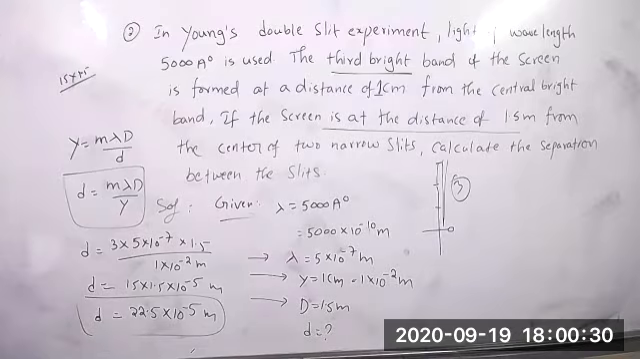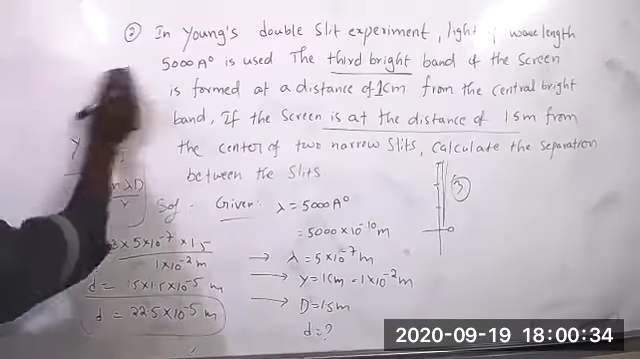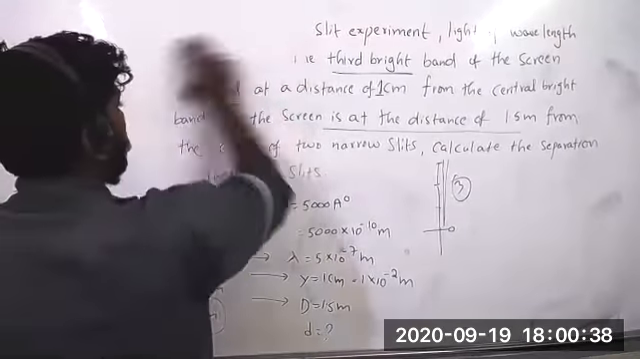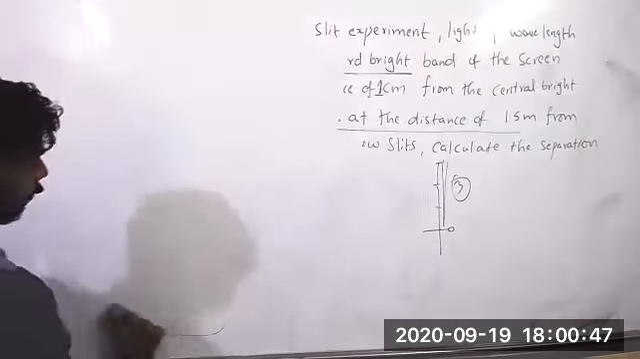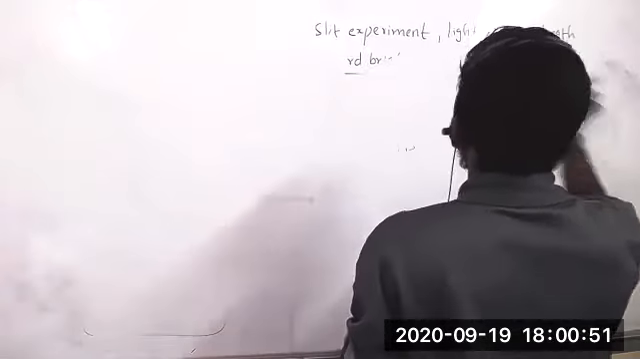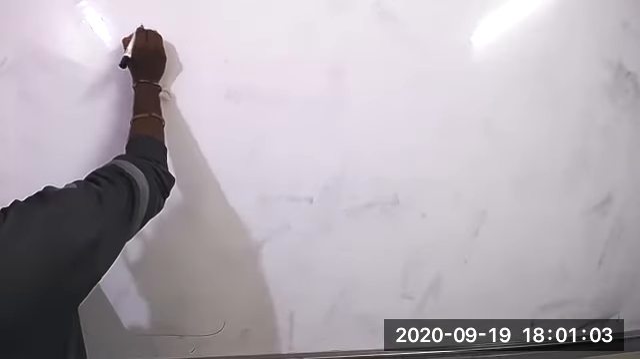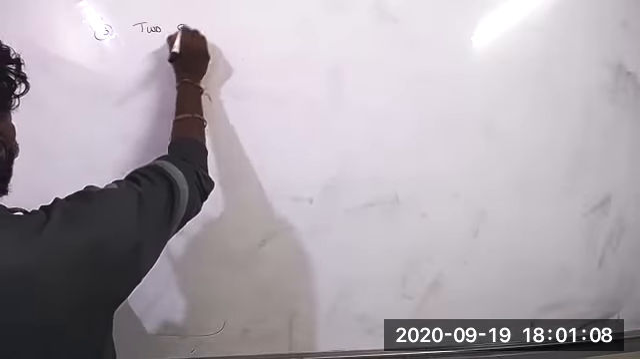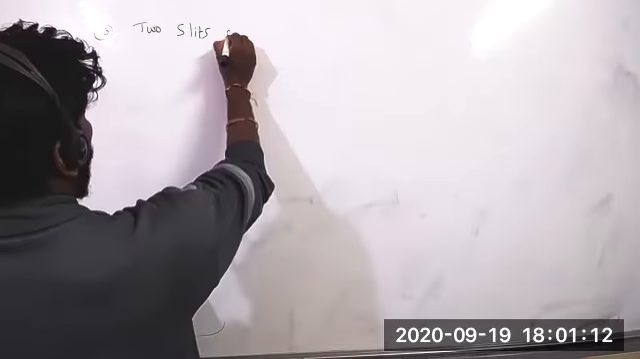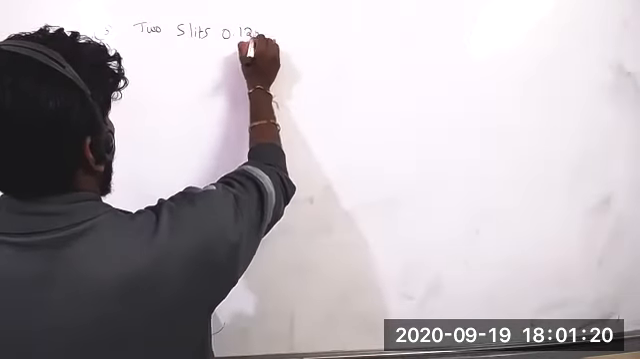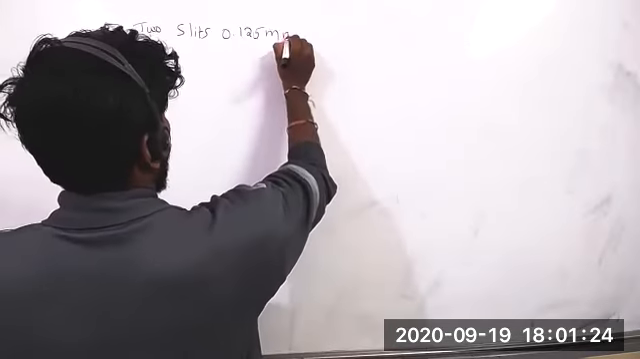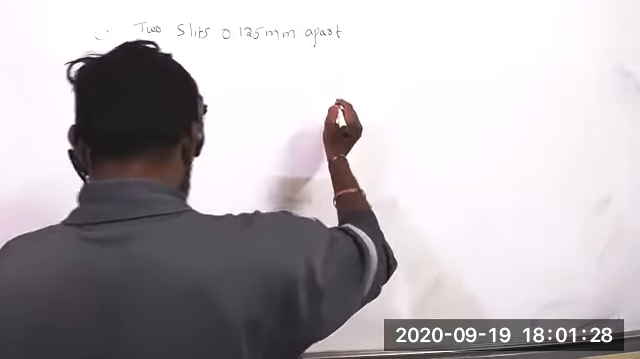One more. Try to solve this question. Two slits of 0.125 meters, sorry, millimeters apart are